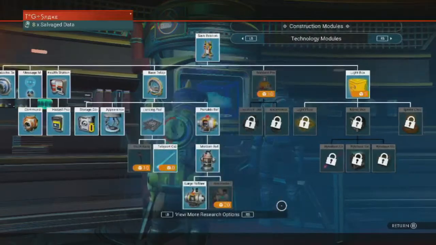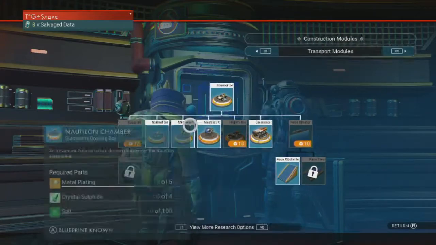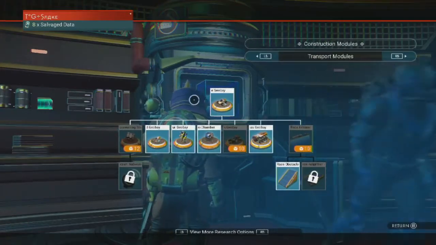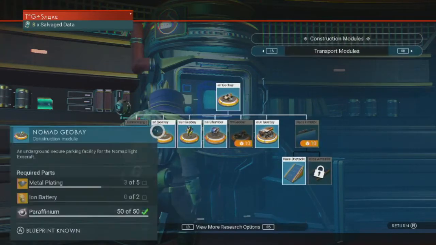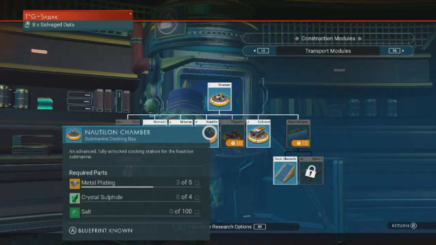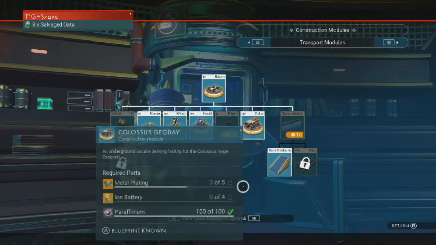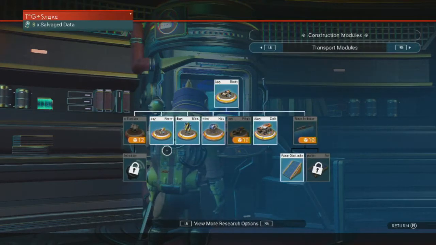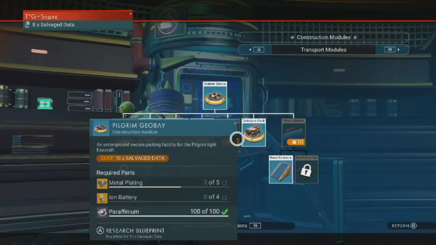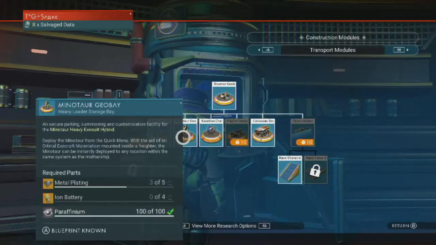I guess I don't need to show you on this screen. Anyway, here's the transport modules. If you've already had the Roamer, as well as maybe the Nomad and Nautilon and the Colossus, they will already be there. Other than that, you'll have to pay their respective price of salvage data to unlock. In fact, the Minotaur Geobay itself